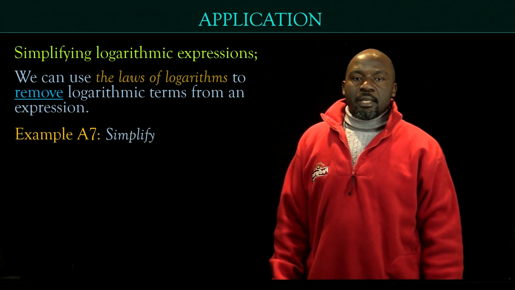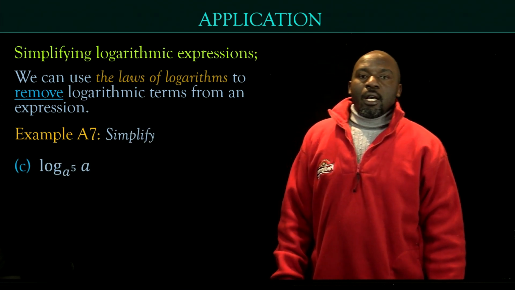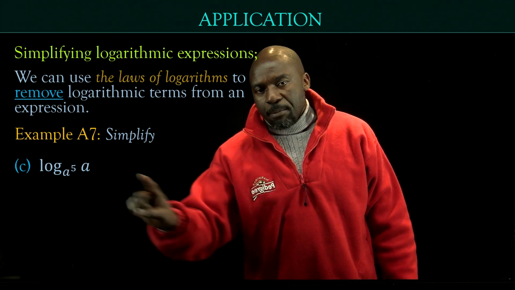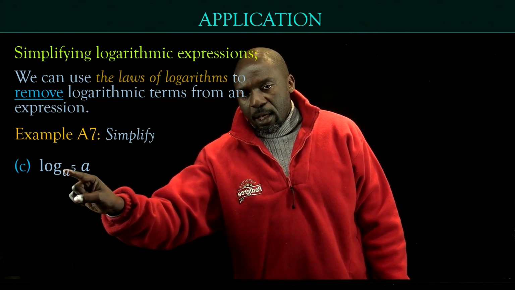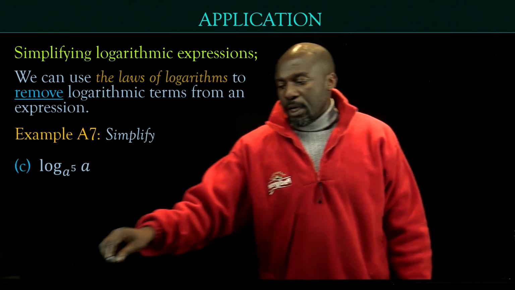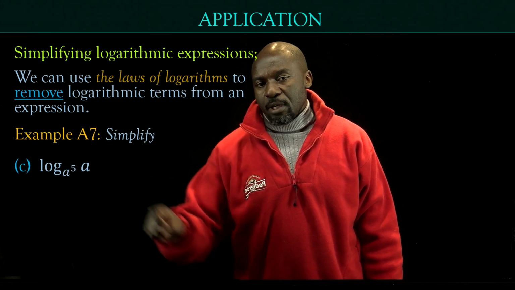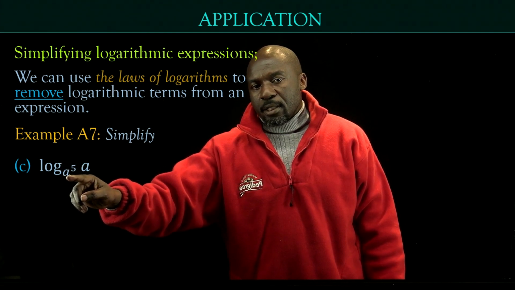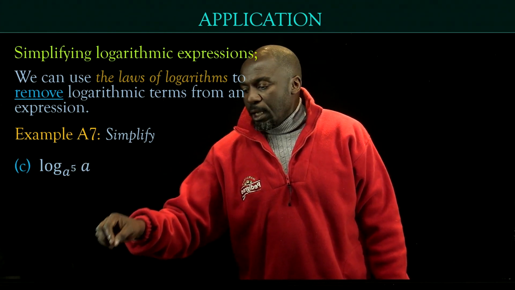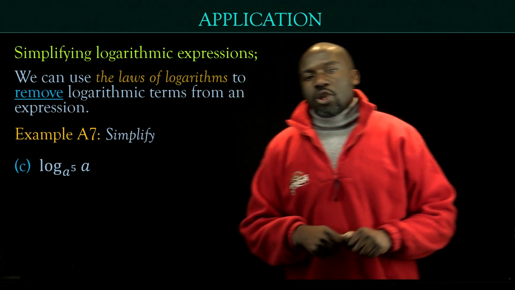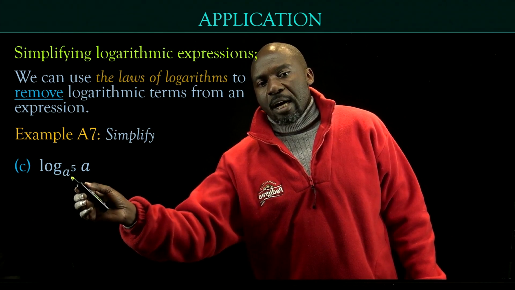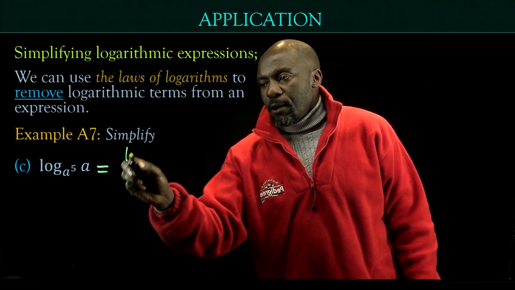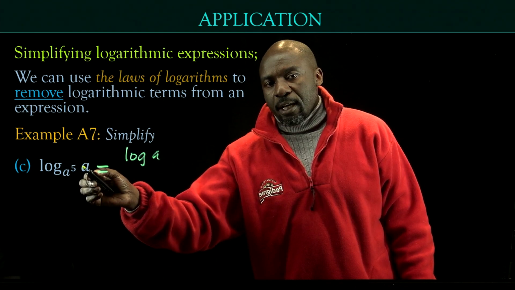A number 7, simplify. We have log to base a to the power 5 of a. So notice that a to the power 5, the whole a to the power 5, is a base, and it's log of a. So once again, we can see that there is some complication with the base there, either it is bigger than the a there, or it is complicated in that it's a power or a square root or something like that. So the best way forward, as before, is to change the base. So I'm going to change to base a alone, right? So express that as log of a, the number itself,